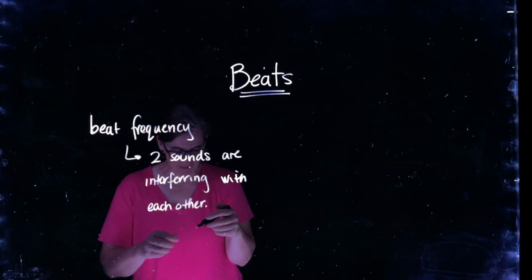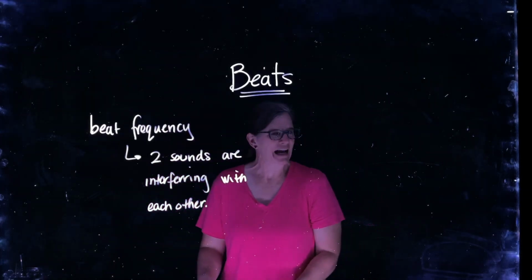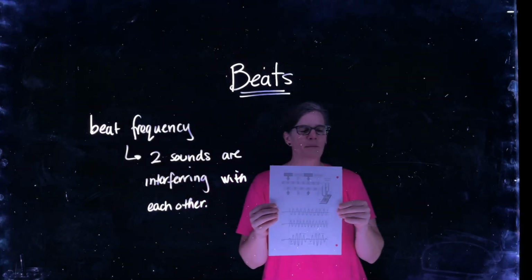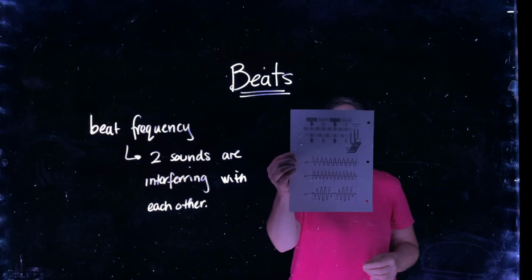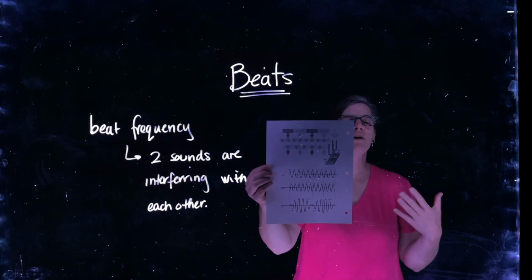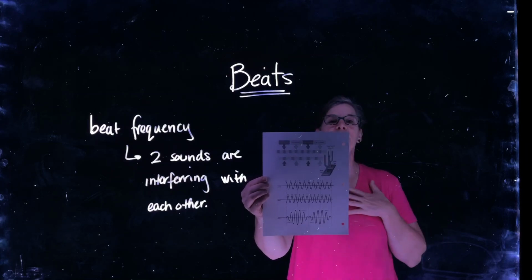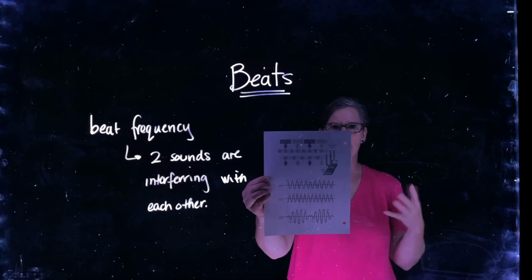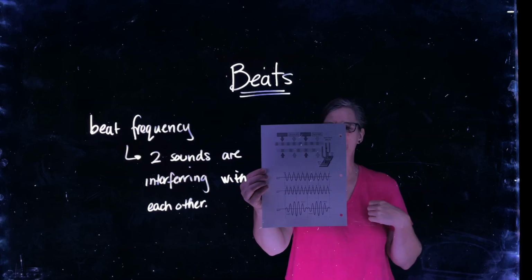And I'm going to do my best to hold steady. I'm not going to attempt to draw this. I'm going to hold this image from a textbook very steady, trying to give you a sense of what this beat frequency comes from. We already have the information. You've already used this information when you looked at superposition, interference, right? Interference, superposition. Interference is the act that's happening. Superposition is how we calculate it.